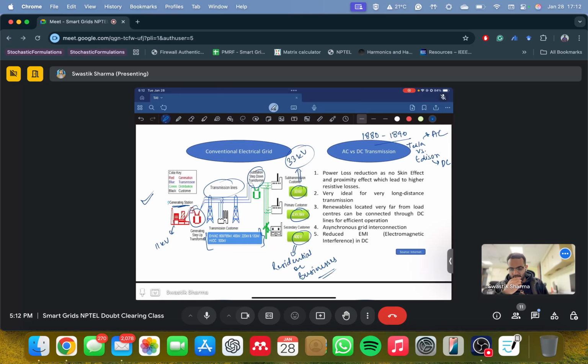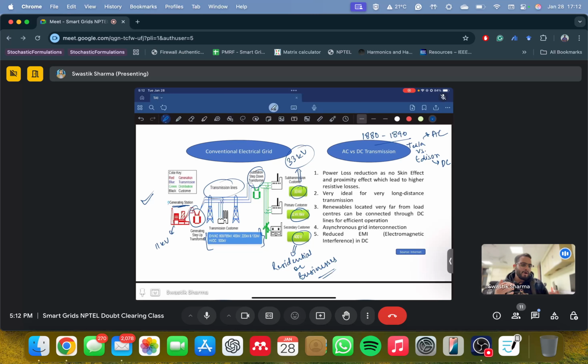You should see it. So AC won. Why do you think AC won? Why not DC? What was the logic? Because AC is alternating and it supplies high voltage, and DC does not. DC is direct. At that time, there were advancements in AC that could support transmission of high amounts of power using AC equipment, but not with DC.